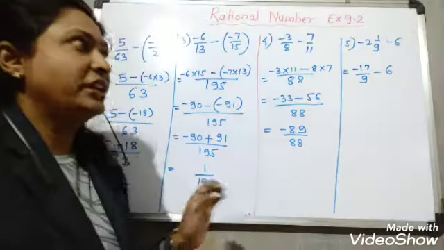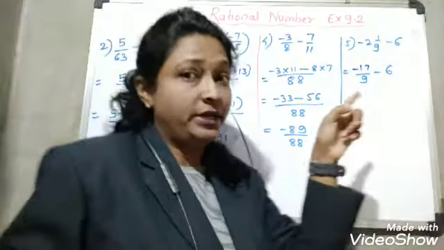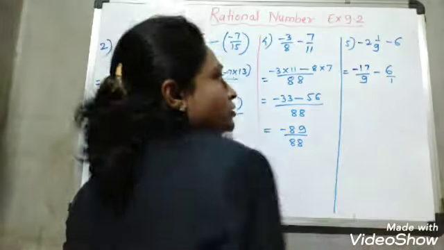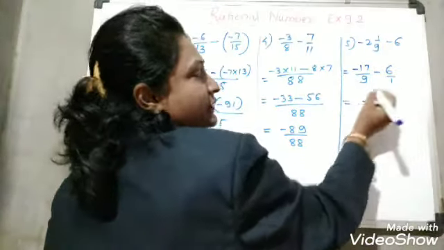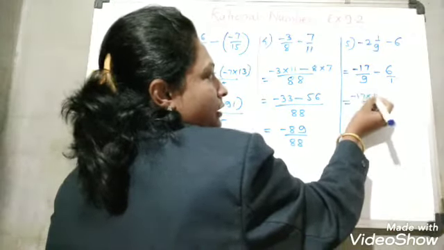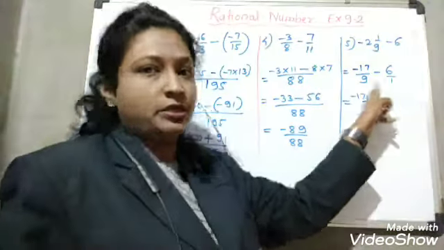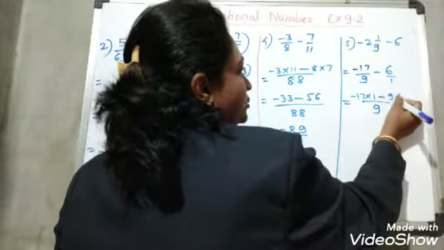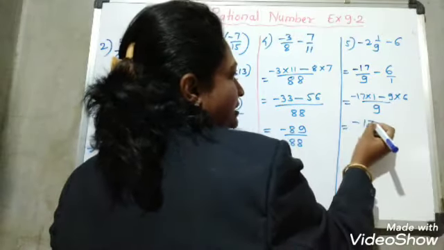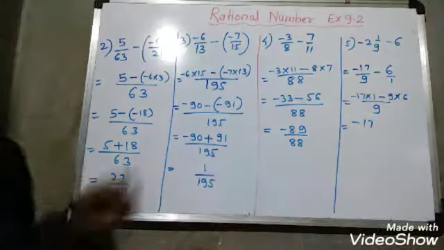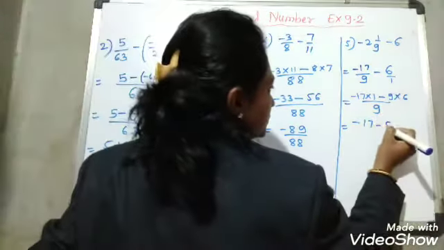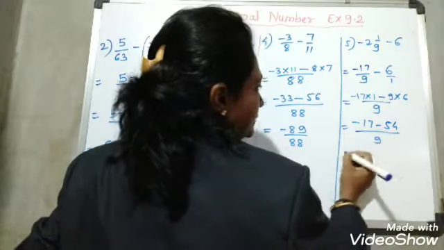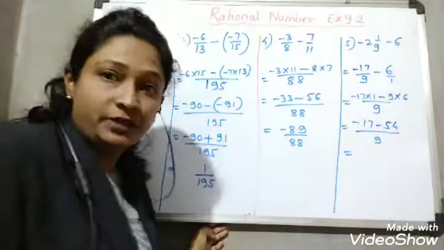Now see, in a fraction I told you, if nothing is there, it means 1 in the denominator. Okay, so we will do the cross multiplication. 9 ones are 9. Here minus 17 into 1, because nothing is there, meaning 1 in the denominator, and minus 9 into 6. So you will get minus 17 and 9 sixes are 54, upon 9. So we have to add this because both numbers have the same sign.